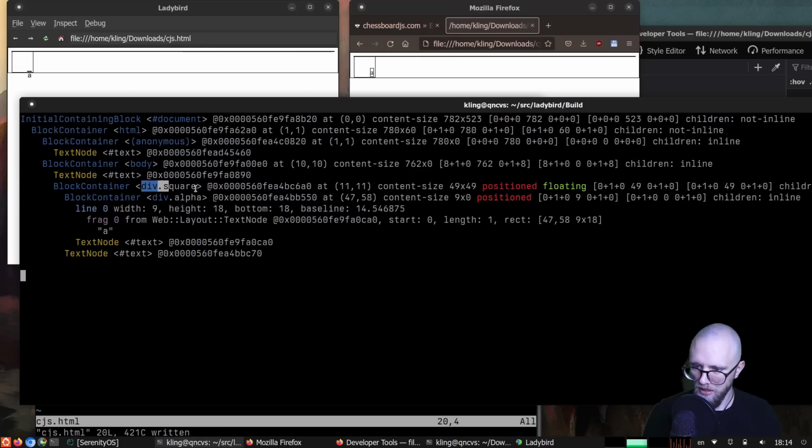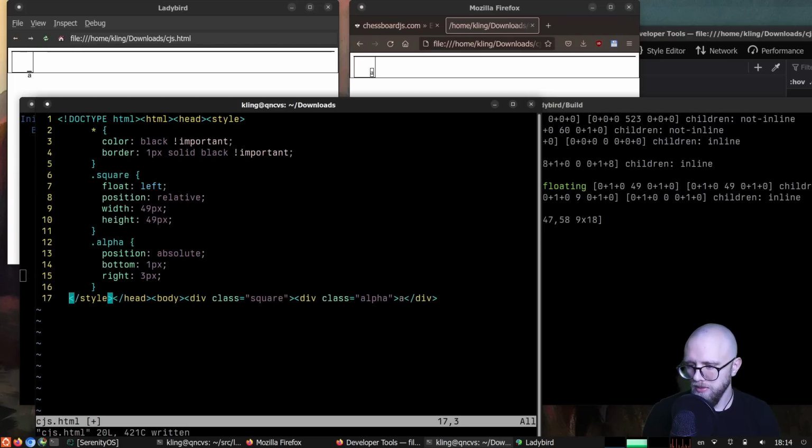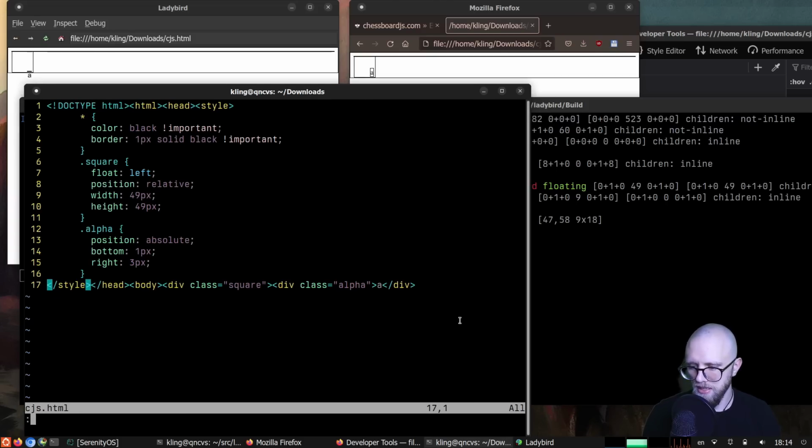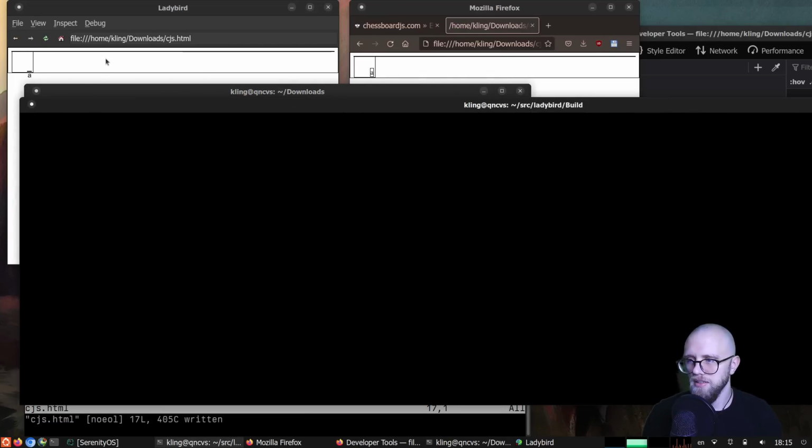And we also have the square div has some text inside of it as well, even though if you look at the HTML, you can see that the square div doesn't really look like it has text inside of it. The reason that this happens is because of white space. So what you can do to get rid of these nodes is to just eliminate all the white space in your file. And I actually have to tell Vim to not save the trailing newline at the end of the file either. And then I reload that,